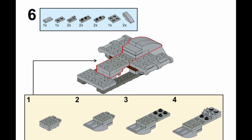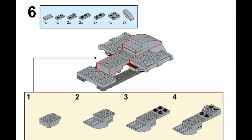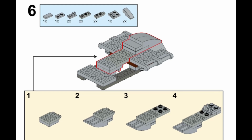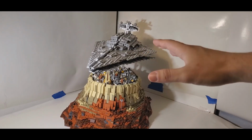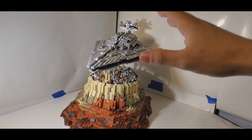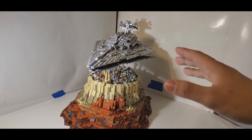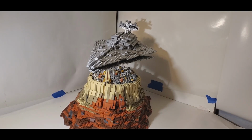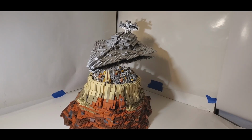Brick Vault's instructions are up there as well. They do tend to be a little more hit or miss, but most of the time they work very well. But what's provided with this set is not at that same level. The instructions for this set are not worth $30, and he should not be charging $30 for them. Especially when you notice things like this bottom panel is just hanging loose, and there's not really an easy way